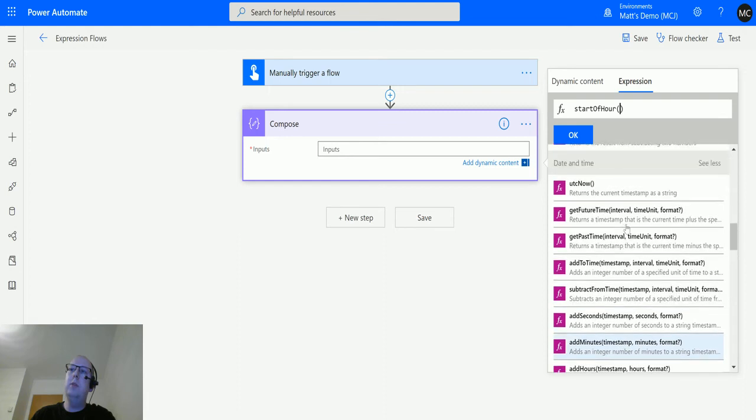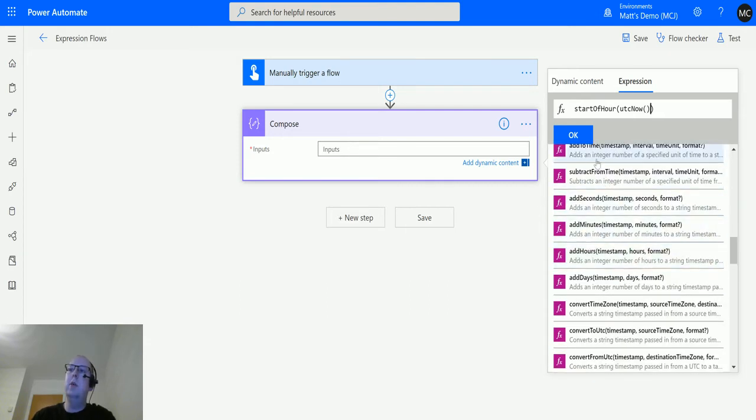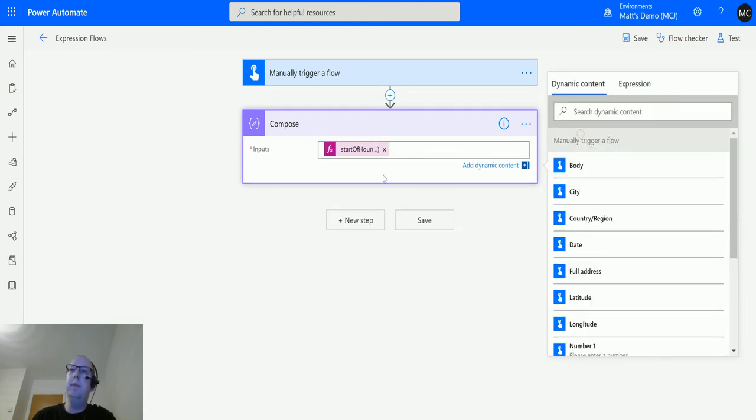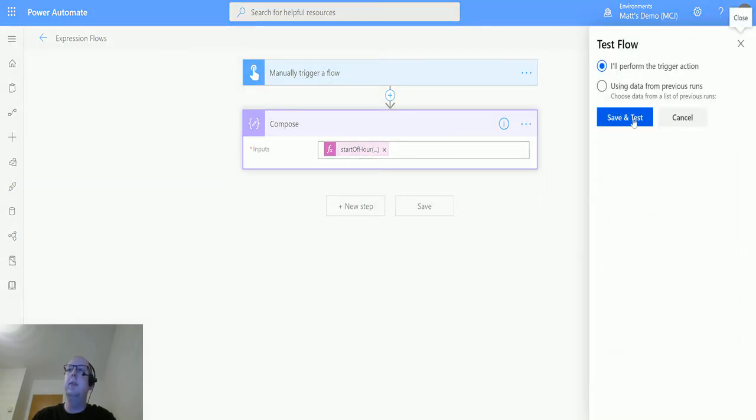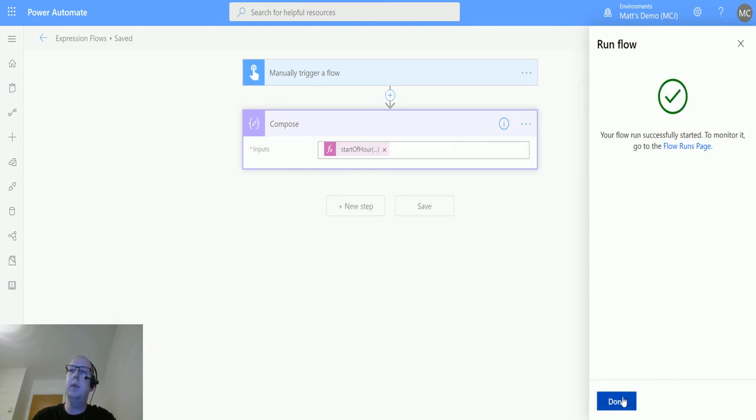Then what I'm going to do is scroll up until we get to utcNow, and I'm going to use that for my startOfHour. So at the moment I'm currently in UTC because GMT and UTC are the same at the moment. So it should return back 8 PM. It's about 3 minutes to 9 now. So if we click OK, it goes into there and we'll click test. Save and test, run the test, click done,